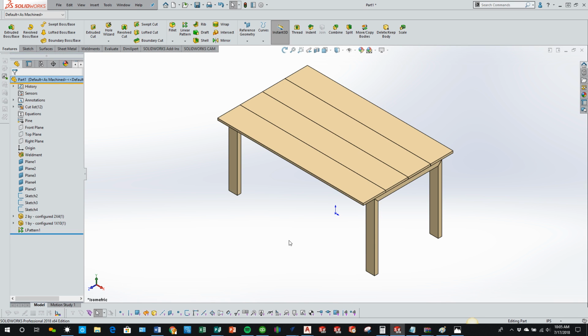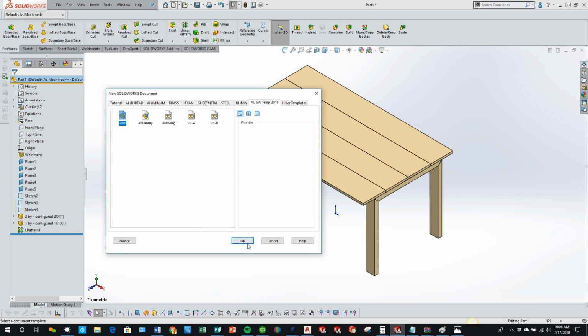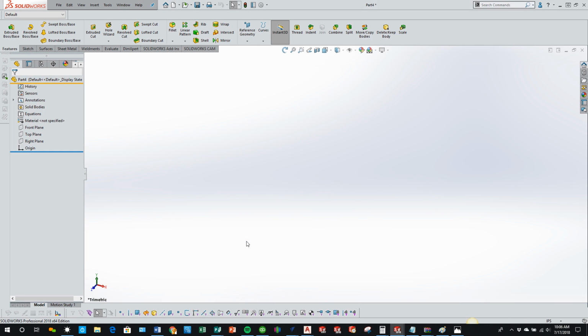And so I'll start this part brand new for you guys. So I'll simply come up here, clicking on a new part file. Whenever you start with your blank canvas, I always have a rule of thumb of trying to keep your origin in the dead center of your part. And that's just a rule that I have whenever I start a base part file. This just helps along the line when you make assemblies and so forth, to make it so that everything else